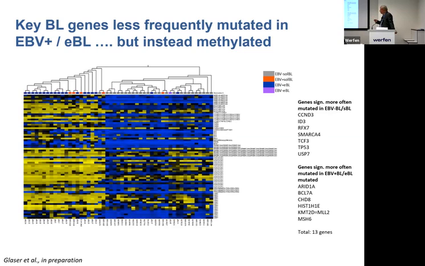And that's a study we did with several colleagues, like Professor Leoncini in the room, but also others, where we looked for DNA methylation of these genes. It's now being written up, the paper, and it shows clearly that these genes have a hypermethylation. So we think that in sporadic Burkitt lymphomas, these genes are mutated, and in endemic Burkitt lymphomas, they are hypermethylated and thereby silenced. It's the same effect, essentially.